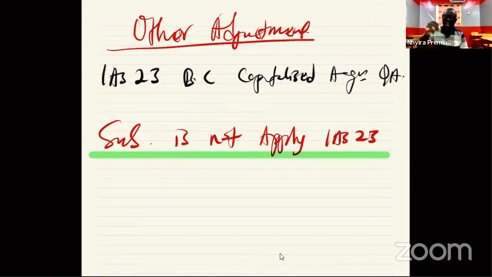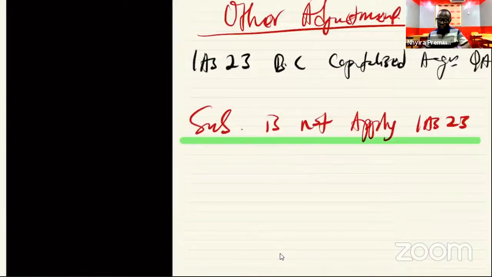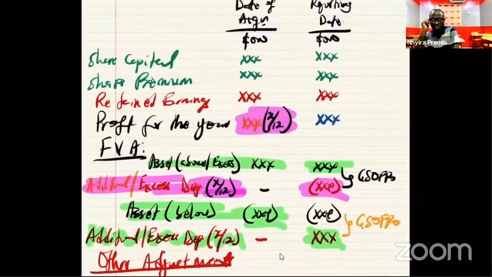What it then means is that instead of capitalizing borrowing cost, the entity may have been writing it off. So since they are writing it off, what we're going to be doing here is to now capitalize it. So whatever amount they have written off reduced their net assets, reduced their group retained earnings. So such adjustments will be added back to the date of acquisition.